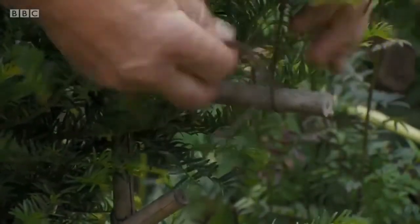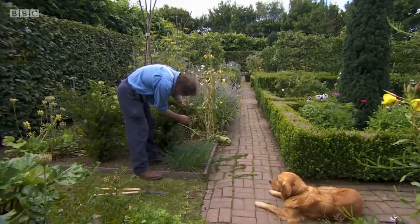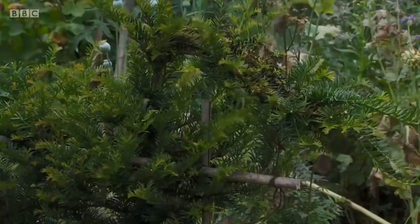So just tie that in a little bit. This is just to hold the shape until we get enough stems in there. Now,